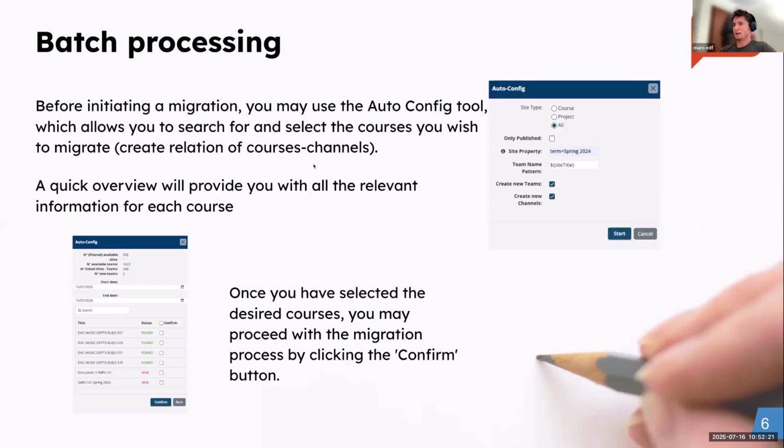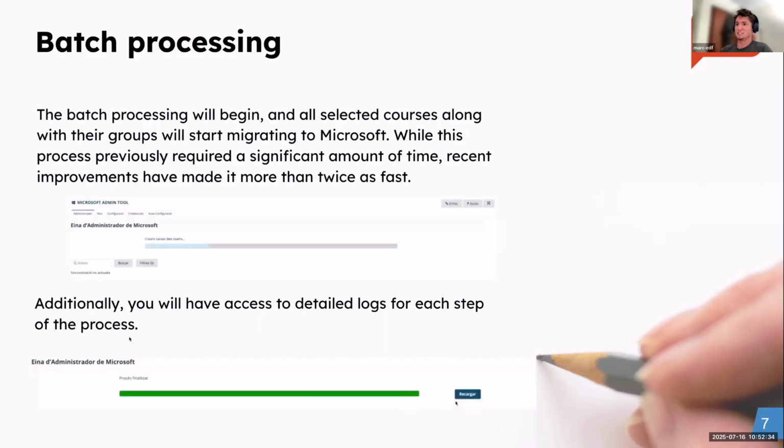Yeah, this is just asking when you can filter for your courses, and you can just select them if you want to start the relation of this. Once you have this selected, you will see the screen of the login process that we have improved. This is running through the new API batch request by a pack of 20.